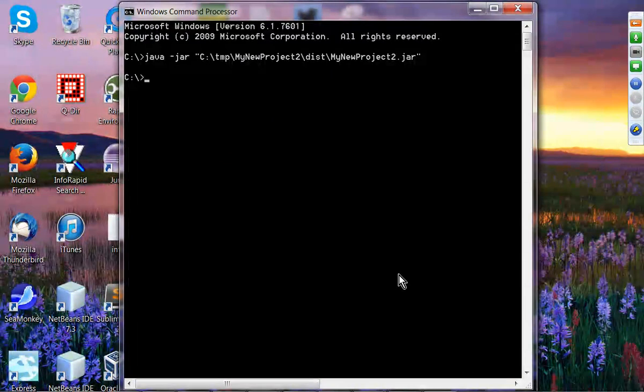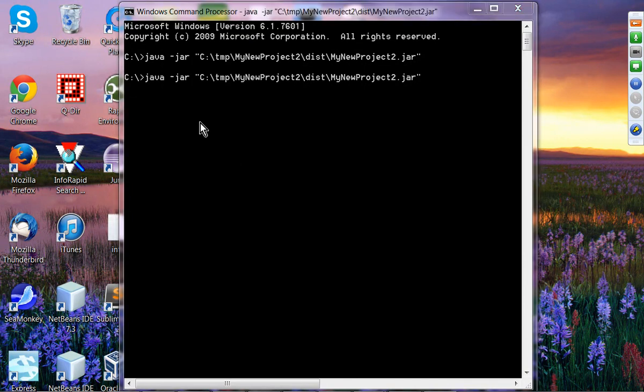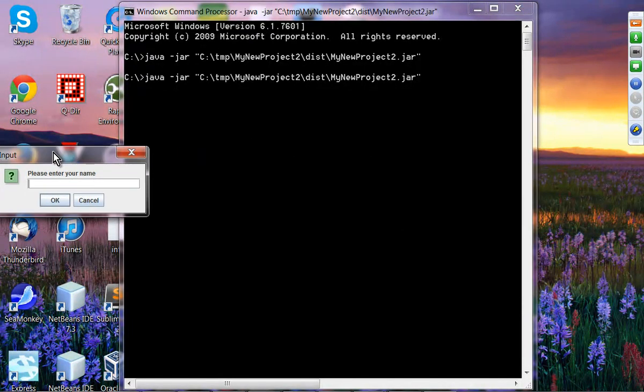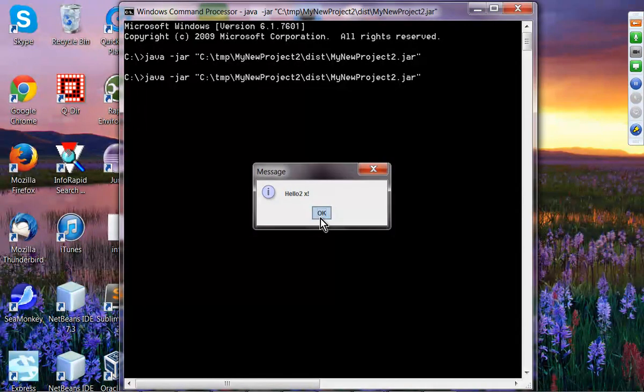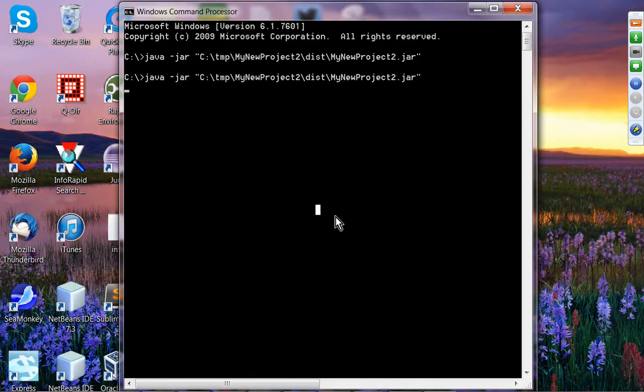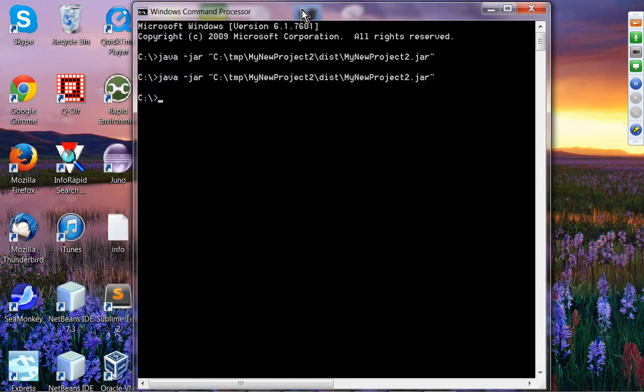It should actually return. Maybe it returned. That's interesting. Yeah, I have to press the enter key to get it to return. It's interesting. Anyway,